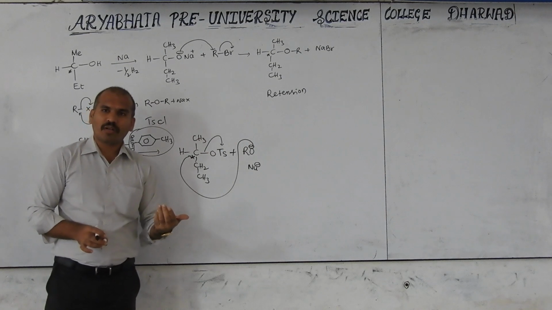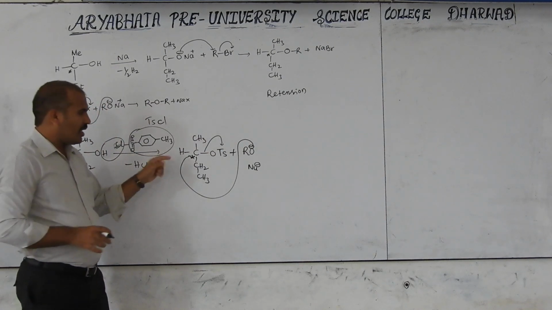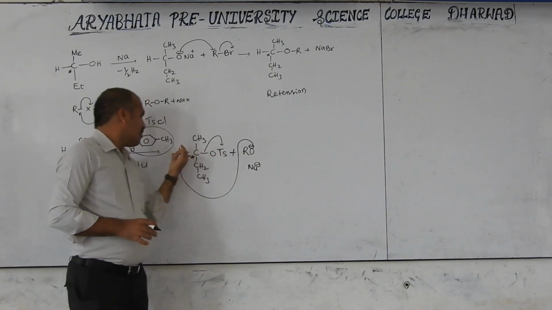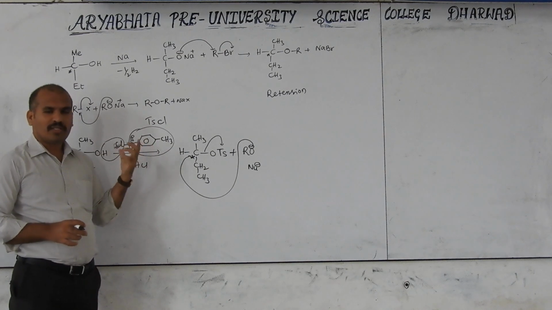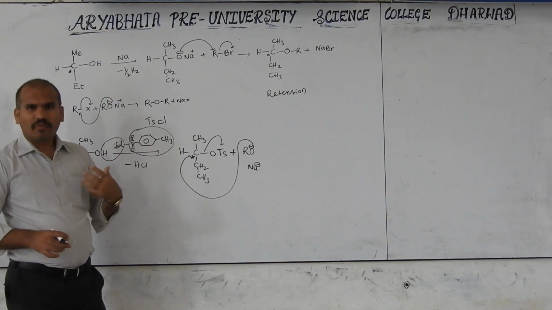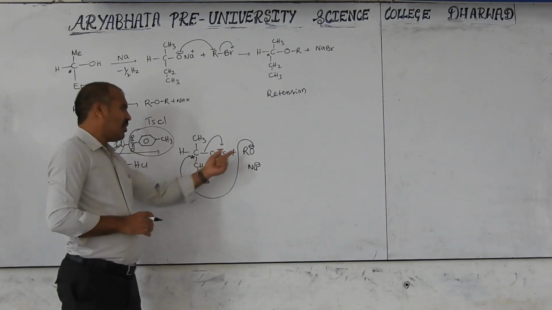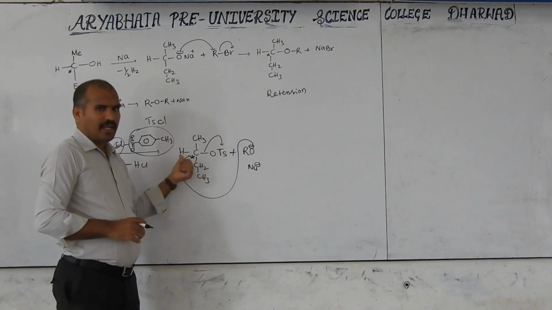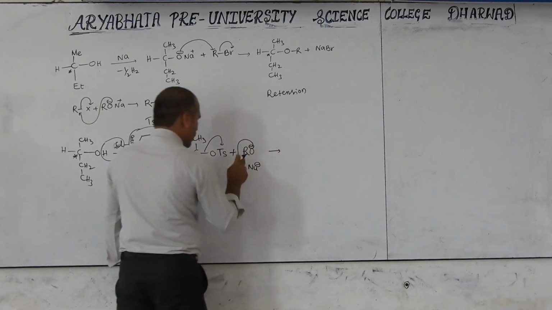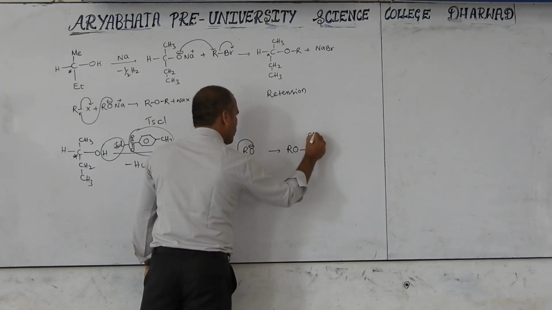Then what type of product will we get? Inversion. It means backside attack basis. That's why here the inversion product will be obtained. And keep in mind, when para-chlorine sulfonyl chloride is there, this part is a very good leaving group. When a very good leaving group is there, generally the inversion product is formed when a strong nucleophile is attacking. That is the condition. Then here RO attacks which one? Carbon. This is the methyl.